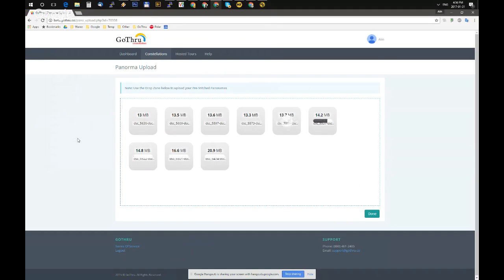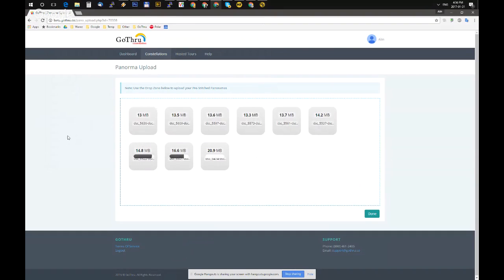Now, this backup system will not be instantly available. Probably the full-size images will stay in the system for about 2 weeks after you publish the tour, and then they will be migrated inside GoThru into a backup place.